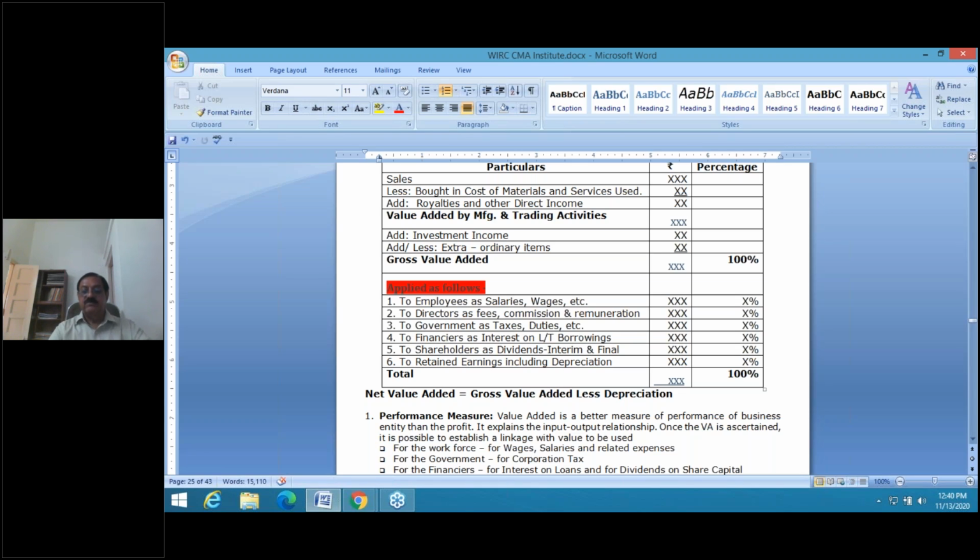Now, what is the purpose of this, friends? This I have explained to you in the theoretical part. But illustratively, I say, in 92, Britannia Industries Limited, a biscuit manufacturing company, which is an MNC, prepared this and presented it before the investment community. Because at that time, in 92, our Indian economy was opened before the world and foreign MNCs were invited to invest in the country.